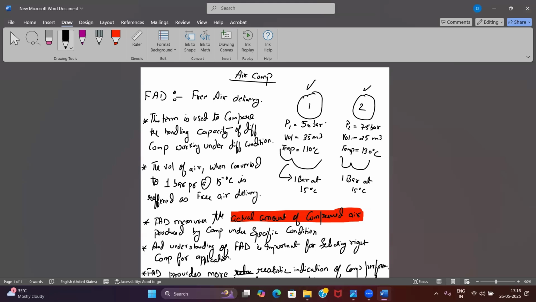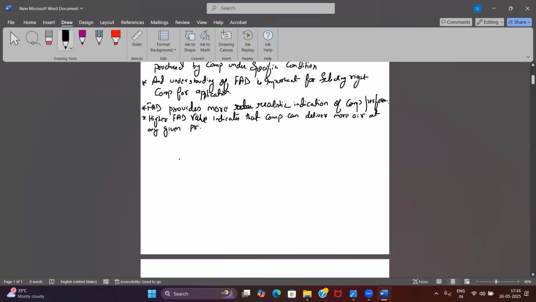I have to convert my pressure and temperature to the standard they have given, that is 1 bar and 15 degrees Celsius. If I convert it, will I be able to find my volume? How much volume of compressed air it can give me, right? So everyone might know about PV equals to